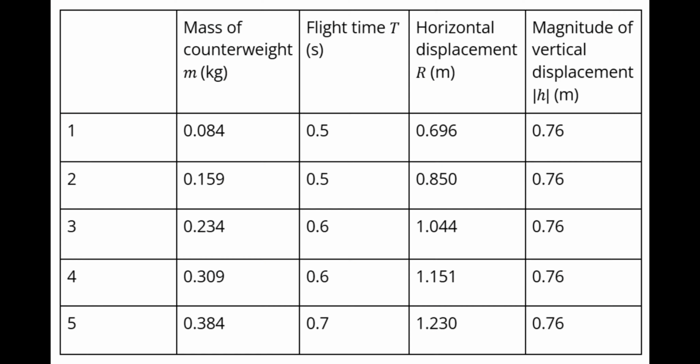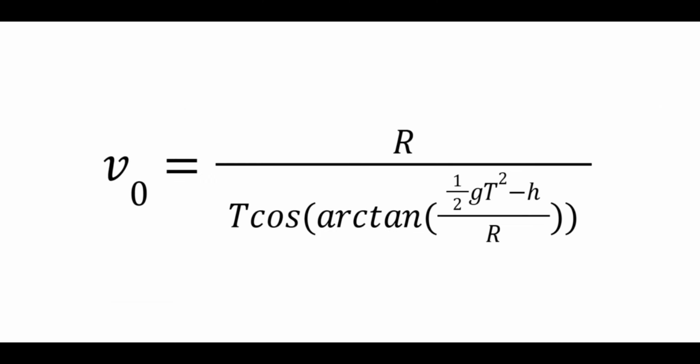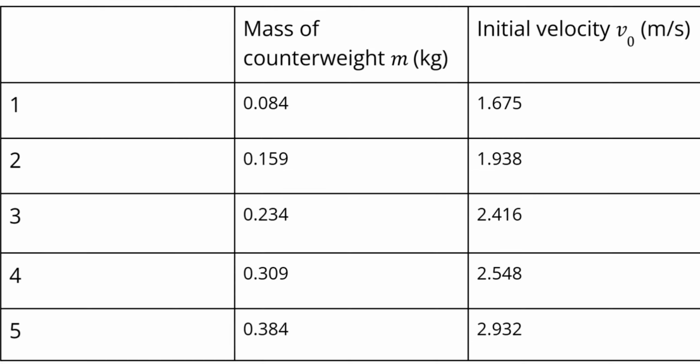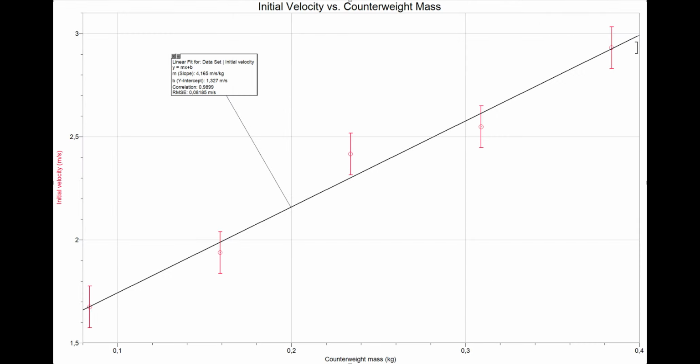After collecting the data seen on the screen from the trials, I calculated the initial velocity using this data with the following equation. And after calculating the initial velocities on the screen, I drew the graph of initial velocity of the payload versus the mass of the counterweight. The graph and the values demonstrated a positive linear correlation between the counterweight mass and the initial velocity of the